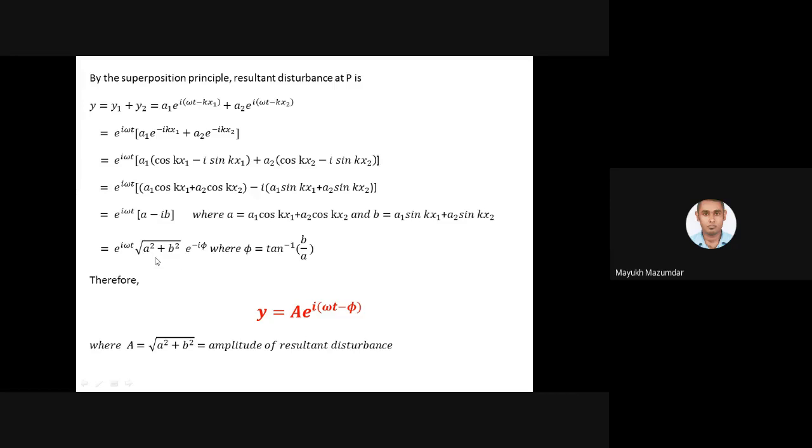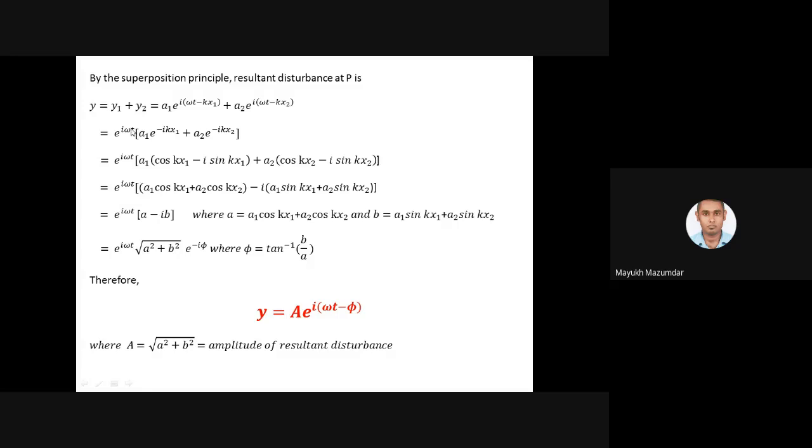Now, as I said, every complex number can be represented by two things. Its amplitude: if I have a complex number a minus i b, the magnitude would be root over square of this term plus square of this term. That is root over a square plus minus b whole square, and minus b square is b square. So this is the amplitude or magnitude part. And another part is the phase part, which is written as e to the power minus i phi, where phi is tan inverse b by a. Actually, this minus sign came because of minus b.